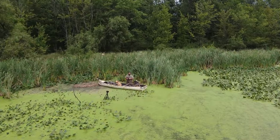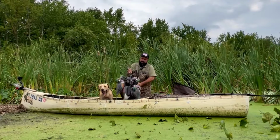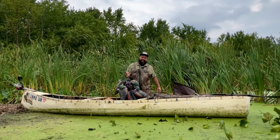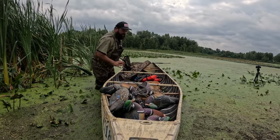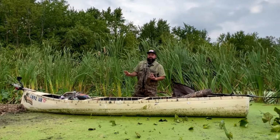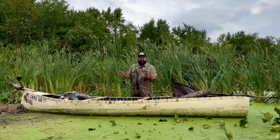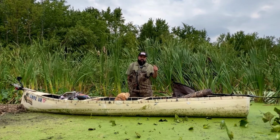So back to the decoys. Some of my favorite decoys are by Final Approach, the king of the timber, and we'll be using these this season, I guarantee it. But like I said, with the canoe, it's nice because I could be piling decoys in here and it's not going to matter. So one of the last things I'll say on it is that we got